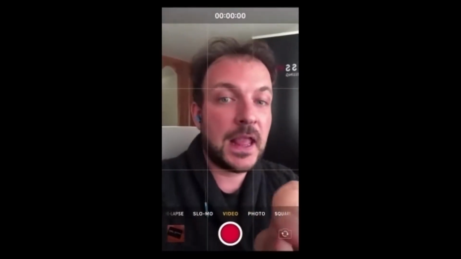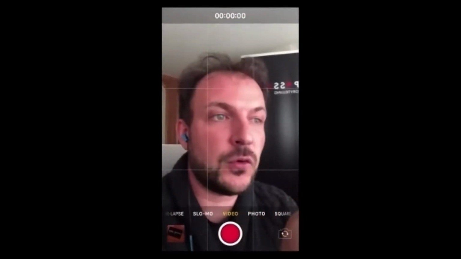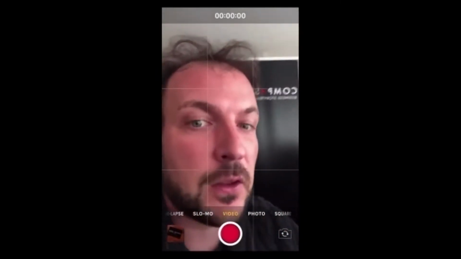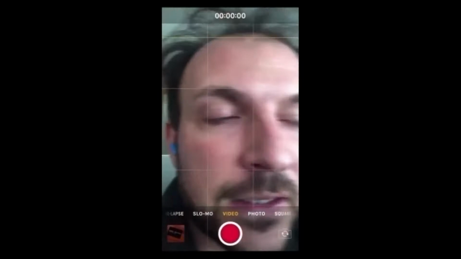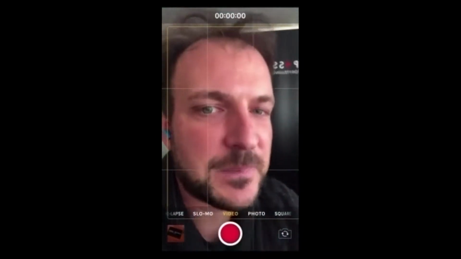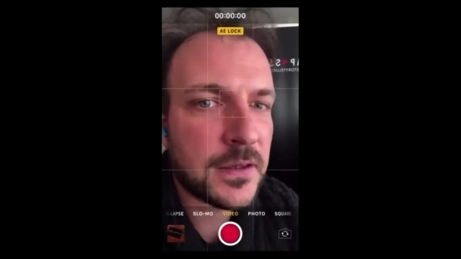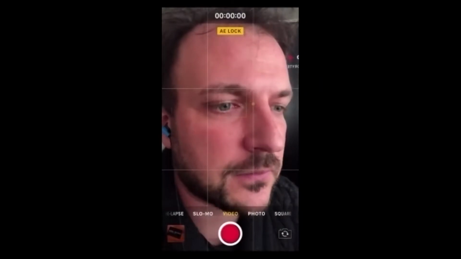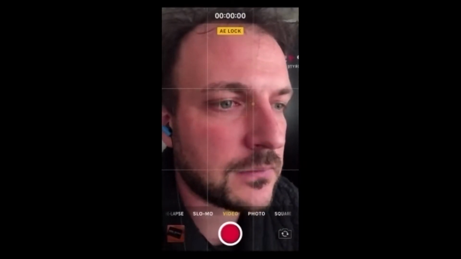So get your phone into selfie mode and then bring the phone as close as possible to your face and just see how close you can get it before your face starts disappearing off the screen. So if now I press and hold on myself about there, and you'll realize that the phone itself, I'll switch back to the other camera now, you'll realize that the phone itself is actually really quite close to you.